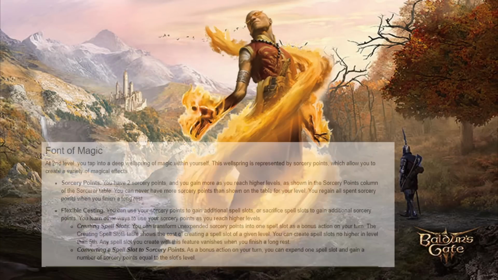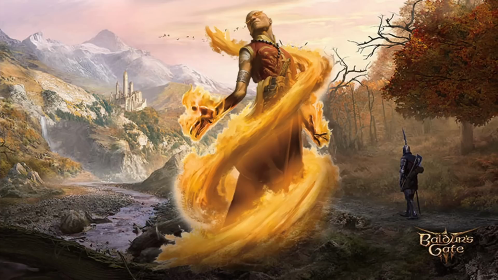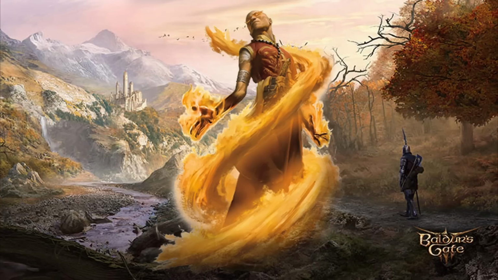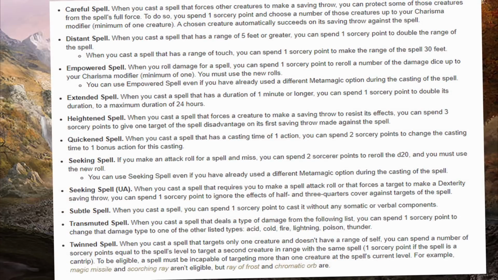At level 2, you begin to acquire sorcery points, which will allow you to convert sorcery points into spell slots, or vice versa. But the main reason you care about these points is for our next feature, at level 3, the sorcerer's other defining feature, Metamagic, which will let you choose between several powerful options that let you alter a spell in various ways, such as making a full action spell castable as a bonus action, shooting a single target spell at 2 targets, or changing the spell's damage type completely,